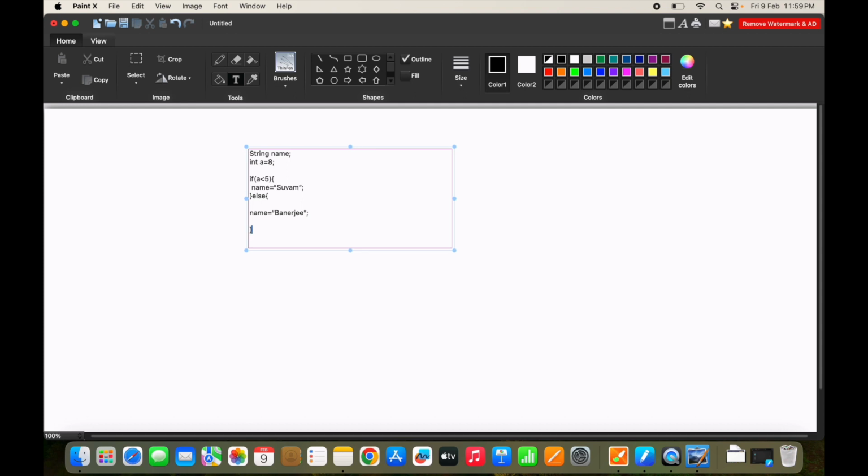So how many lines are we using here? 1, 2, 3, 4, 5, 6, right? So the whole code can be optimized into basically 3 lines. So how does it work? Here we can say name equal to